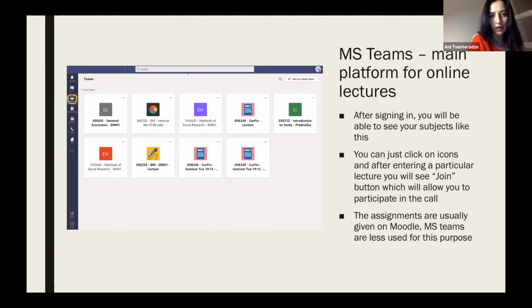When you click on each icon, you will see the join button, so you'll be able to join the lecture and attend the seminars and everything. The assignment section, usually for my faculty at least, is not that used because they usually use Moodle. I think the Teams icon is most important because this is where you see all the lectures that you have.